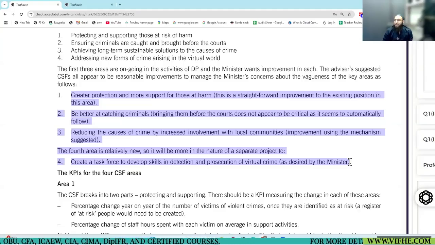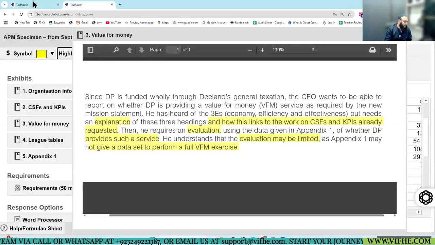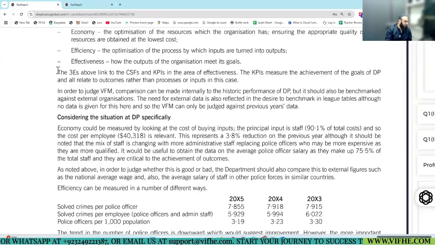Sometimes, when we don't understand what to answer in a conversation between two people, we tend to ignore some point that we didn't understand. We're like, let's skip it. We're like, we never heard about it. We're like, I don't know what you are saying. Many did this in the paper and they actually didn't respond to this part because they never knew what to write. So very simple. The examiner's answer says all these are connected with effectiveness. Okay? Done.